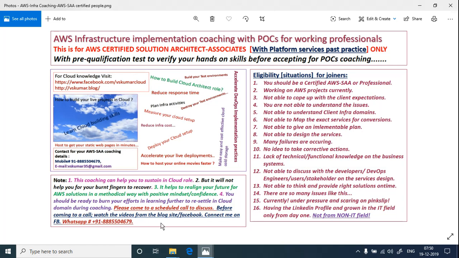You are going to get the domain knowledge at the same time. You will be doing some POCs related to different setups. Then you will be learning yourself, and you are going to present the design steps. With those POC demonstrations, obviously you are going to gain confidence. Then you are going to crack the interviews.